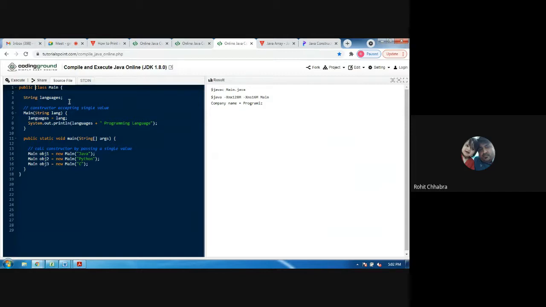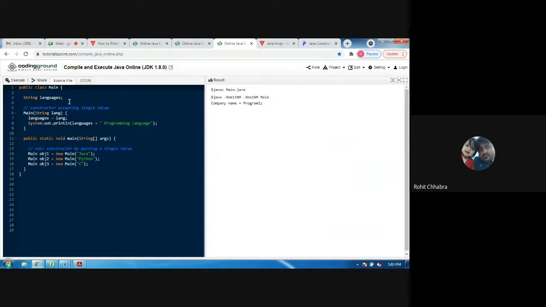Then we have created an object. Now see, when we are creating an object of the Main class, because in the constructor of that class we have passed a parameter of string type, whenever you create an object, you should also pass the same type of parameter at the time of object creation.